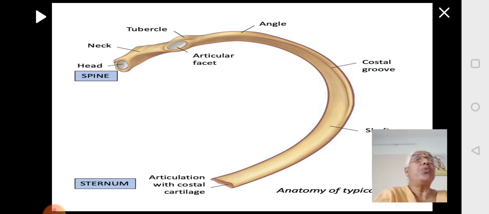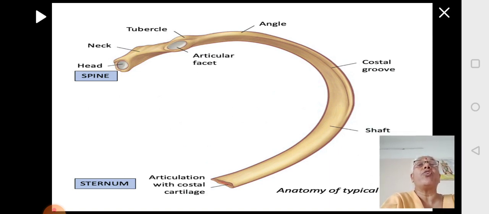So this is another view, the anatomy of a typical rib, for you to understand better. The head region is present near the vertebral column, and the opposite side, that is the end of the body, will articulate with the sternum. So there is one costal cartilage. This costal cartilage will attach to the body of the rib, and the costal cartilage will attach to the sternum to form the joint with the sternum. So you can see clearly all the required regions of the ribs to understand the formation of the rib cage.